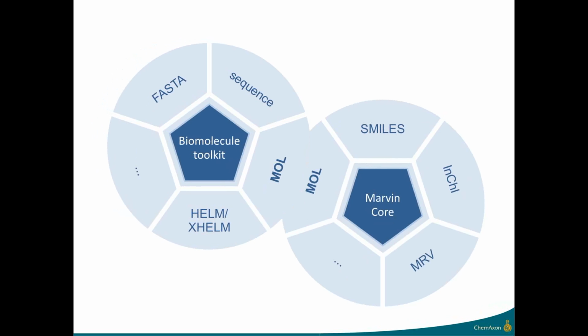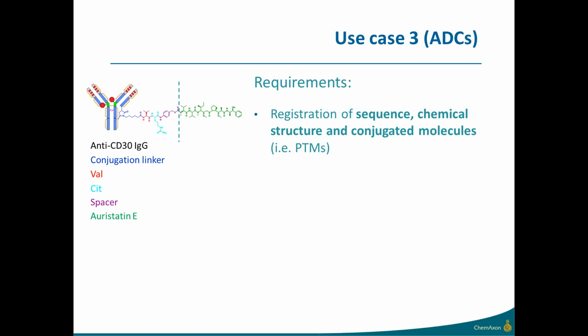The third use case, and with that the last one I would like to mention here today, is antibody-drug conjugates, which are in the biologics world a special case simply because you have a biological entity, an antibody or an antibody fragment, which is then coupled to an often chemical structure consisting of a linker and a payload molecule, which then as a total makes up your biopharmaceutically active substance. So the requirement for this is that you're able to register sequence, chemical structure, and eventually conjugated molecules, including post-translational modifications,